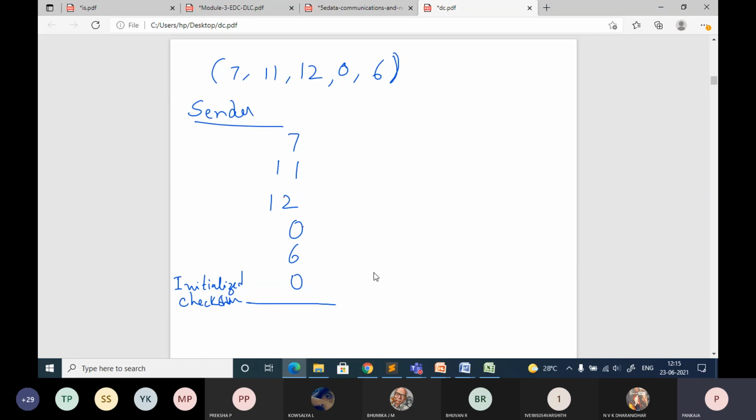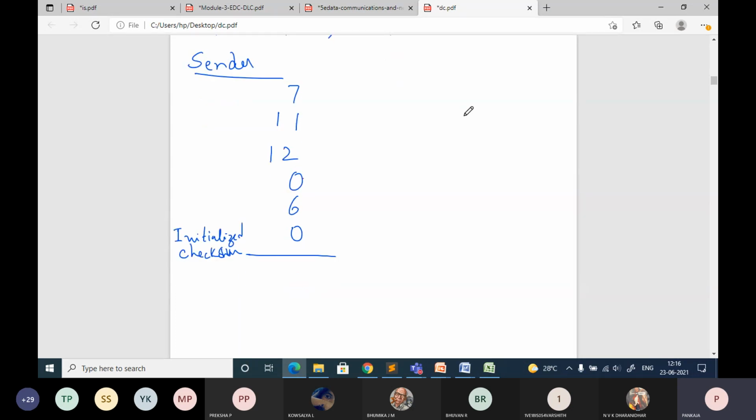What is the total sum you are going to get? 36. So the answer is 36.